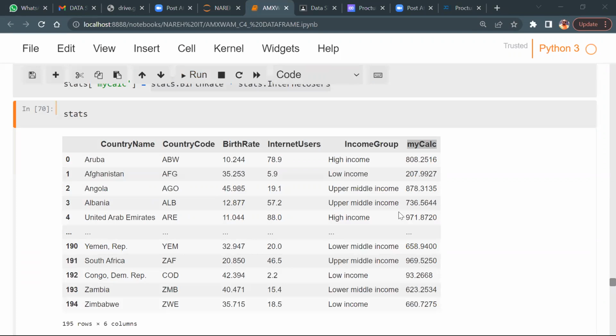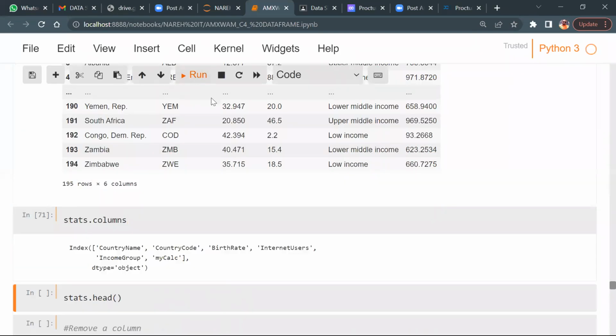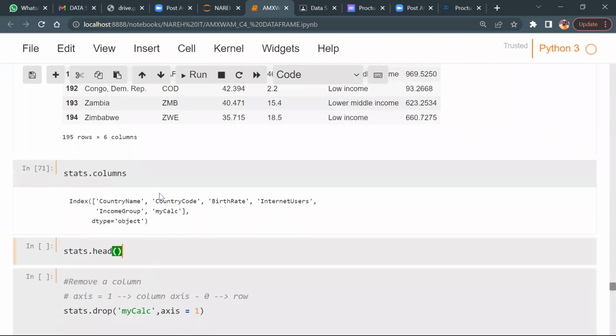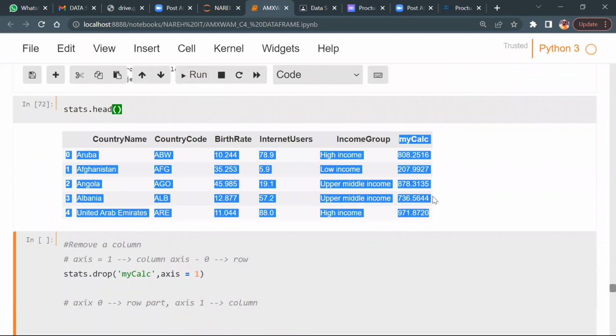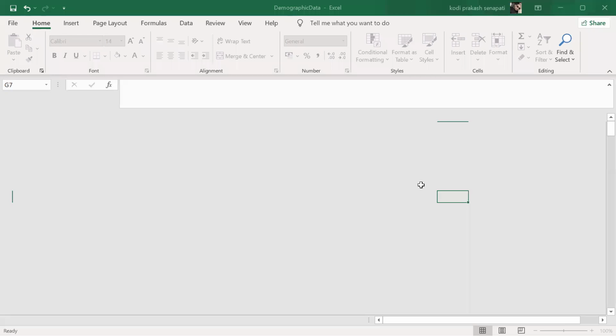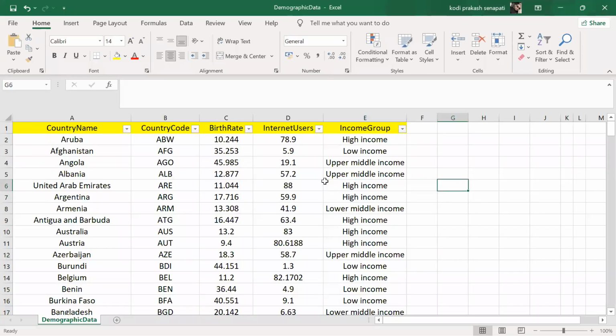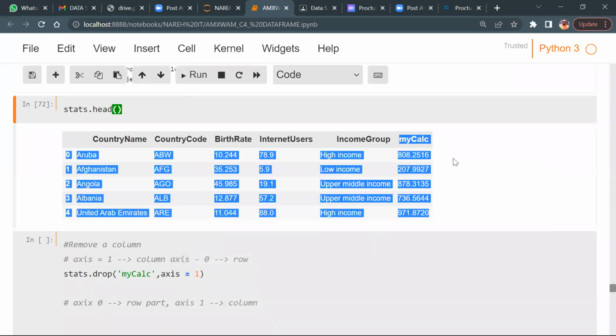My calc will be there. Now let's see my calc. Got it, guys? Clear? Now stats dot head, top 5 rows, but this information is added over here. So let me tell you, the new column is added in the object, but not in the original file. Clear or not? Don't misunderstand. Yes, Induri. This is just the main original file, and you need to add over here.